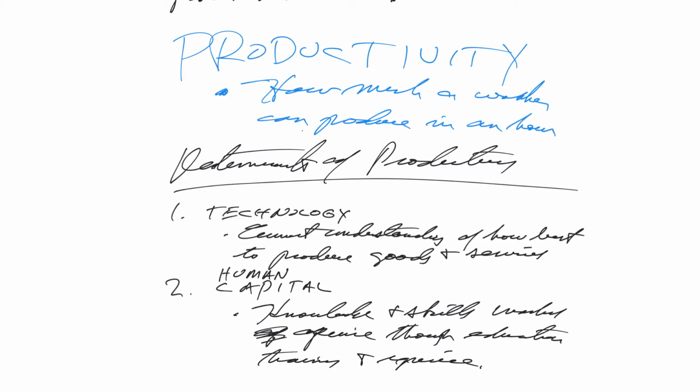Okay, that's what you're doing right now. You're acquiring human capital. You're investing in human capital. You're learning stuff. Okay, so human capital is how much of the current state of technology has been transferred to the workforce. You can look at it that way. So you've got this current state of technology. How much of that is actually incorporated in the workforce? There's our level of human capital.